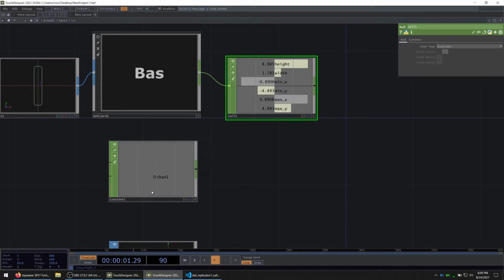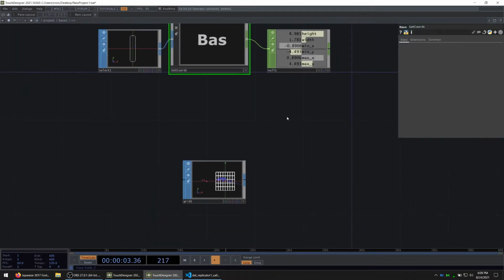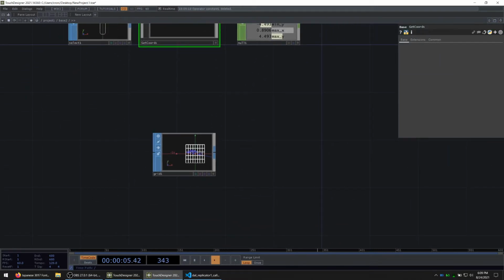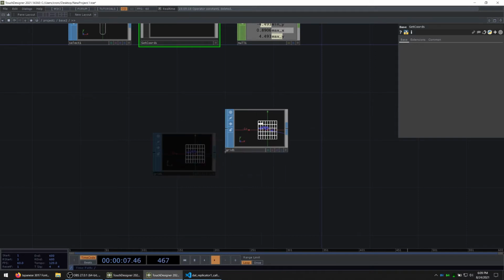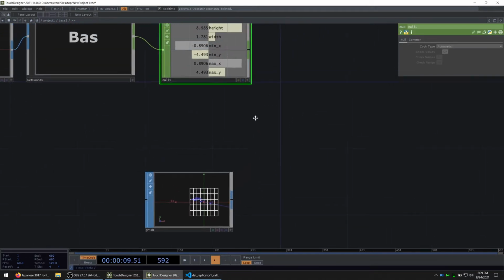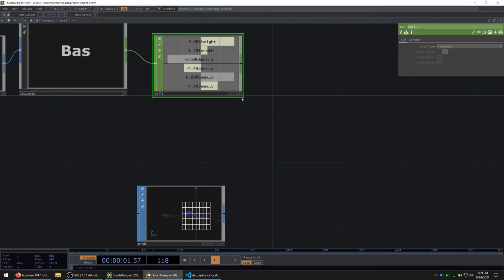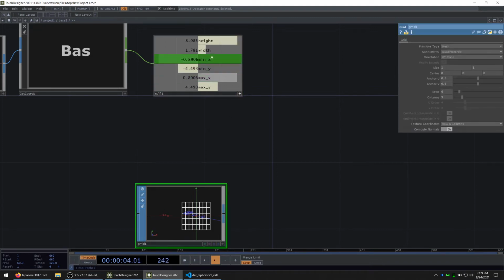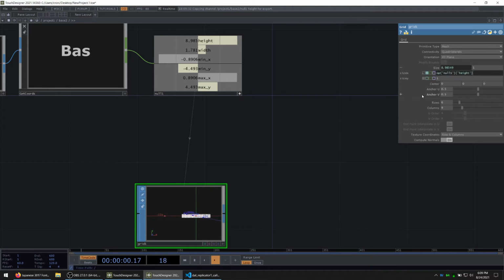Just throw down a null. Let's see. I think we have to do an operation on these, but just see. So what I'm going to do is make this active. Let's make the size of it reference these. Oh, no, it should be the width. So the size X is going to be the width of our sign,